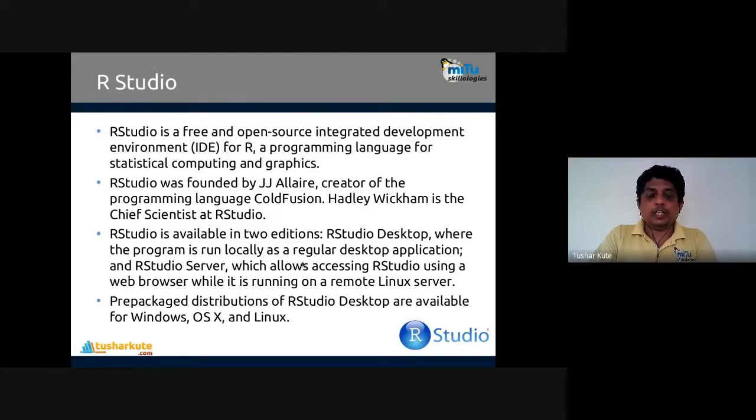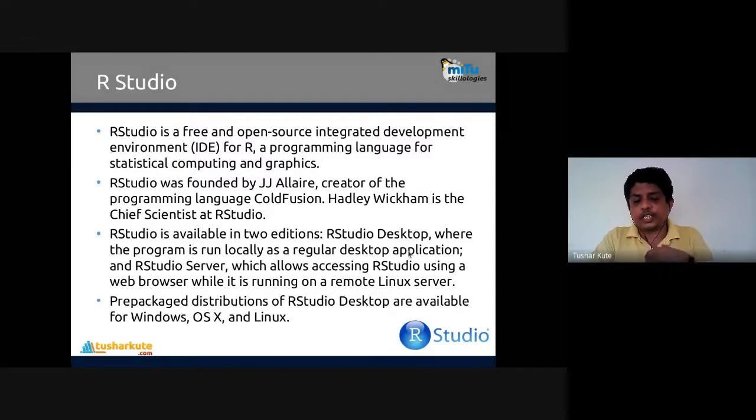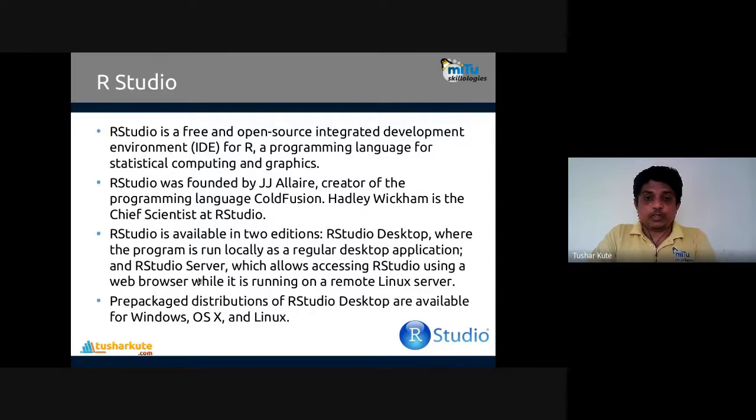It is available in two different editions: RStudio Desktop, which is the regular edition that we are using, and RStudio Server is also there. The server is the commercial part actually. You need to purchase the server, which allows using RStudio in a web browser while it's running on a remote Linux server. That's also possible. These distributions are available for Windows, OS X, Mac, and the Linux flavors also.